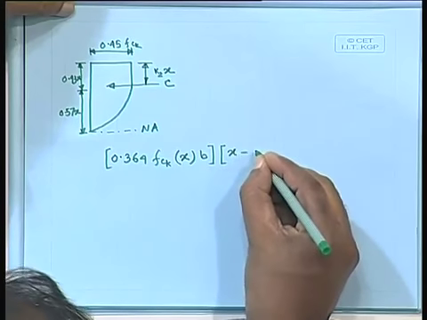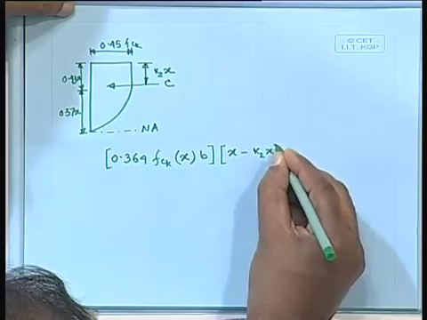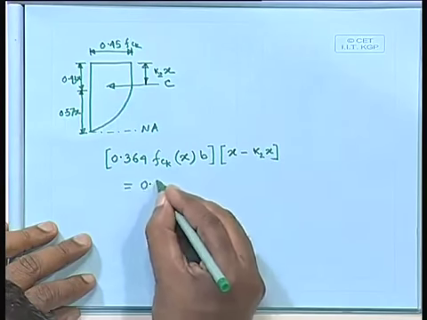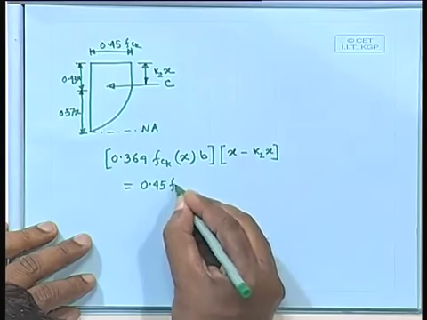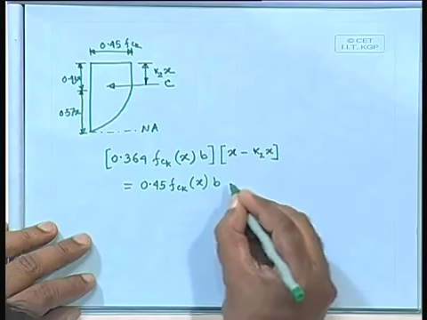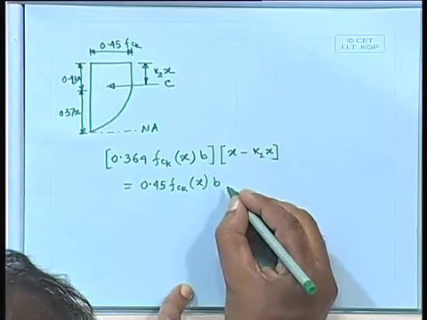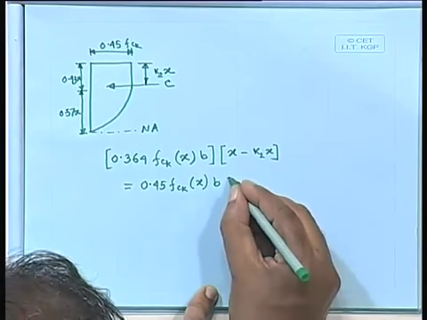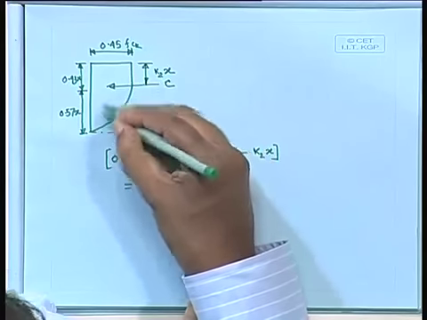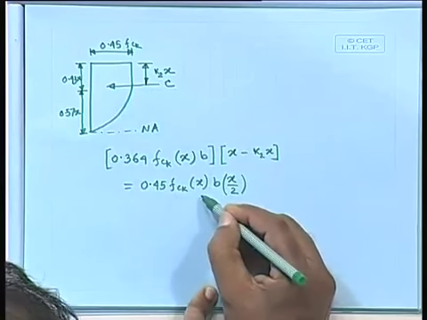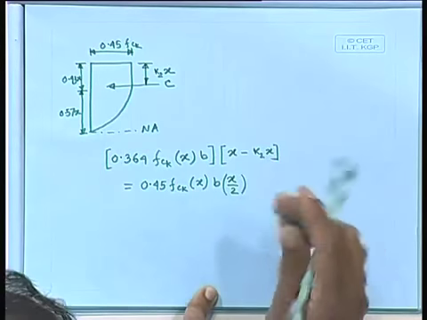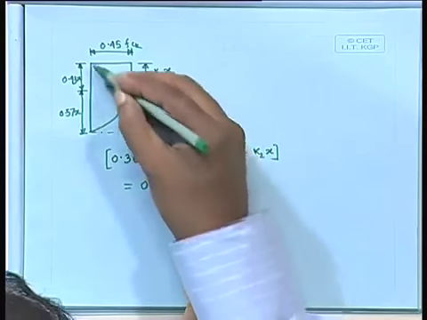x minus K2x, which is equal to 0.45 fck x b times x by 2. The total rectangle, 0.45 fck times x, the total rectangle, and CG width at x by 2. So, we are getting that total rectangle